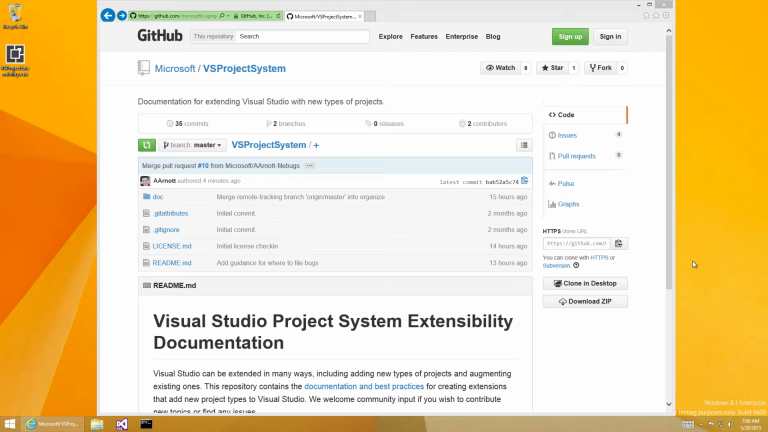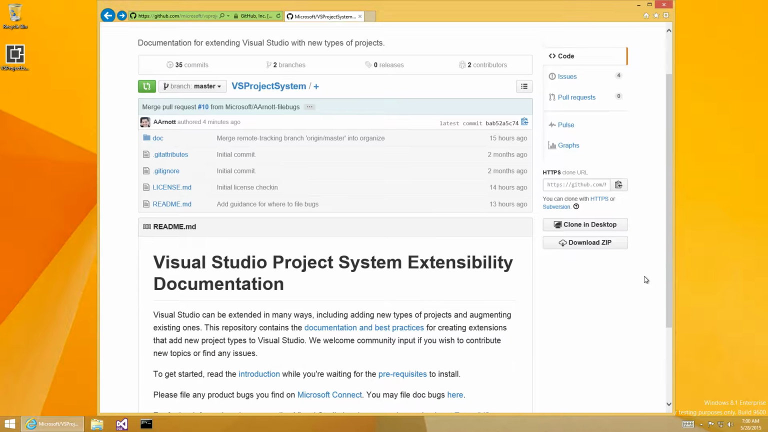Hi, my name is Andrew Arnott, and in this demo you will see how easy it is to create a new project type in Visual Studio 2015 using the Project System Extensibility SDK. I'm going to start out in the GitHub project where we keep our documentation for this SDK, and I'm going